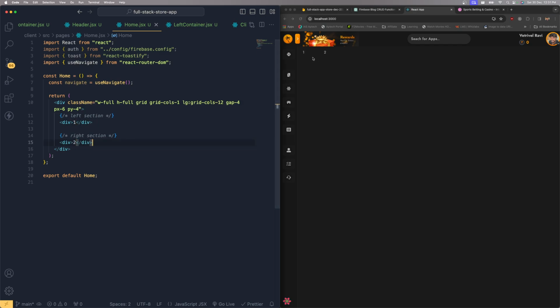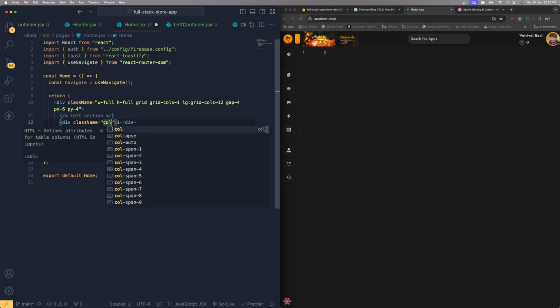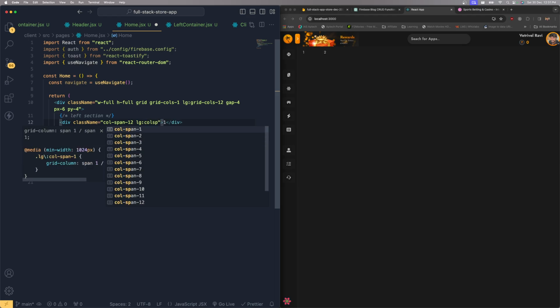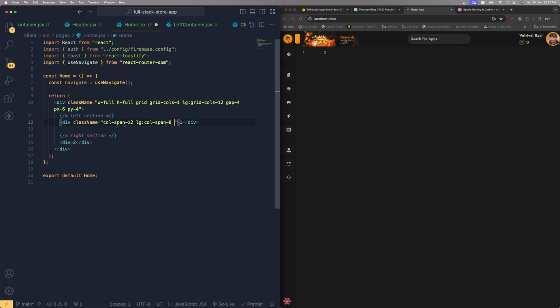You can see 1 and 2 is here. So I need to adjust how much column space it needs to occupy. It's going to take the complete column space, col span as 12 initially, but from the large devices onwards, the column span is going to be 8, and